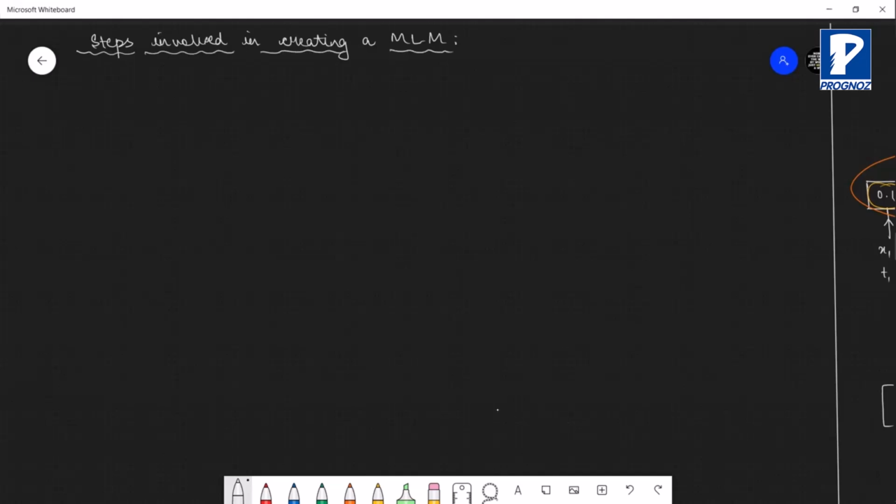The first step is gathering data. बिना गैदर किए डेटा को तो हम लोग कुछ नहीं कर सकते. So gathering data is the first step. Now this data can be in any format. Okay, it can be a CSV file, comma separated value, which is kind of similar to your Excel sheets.